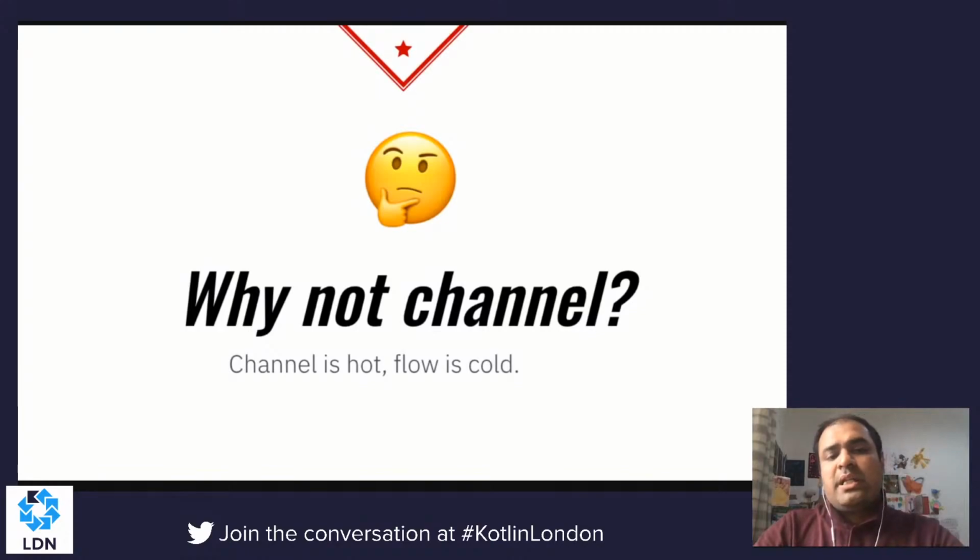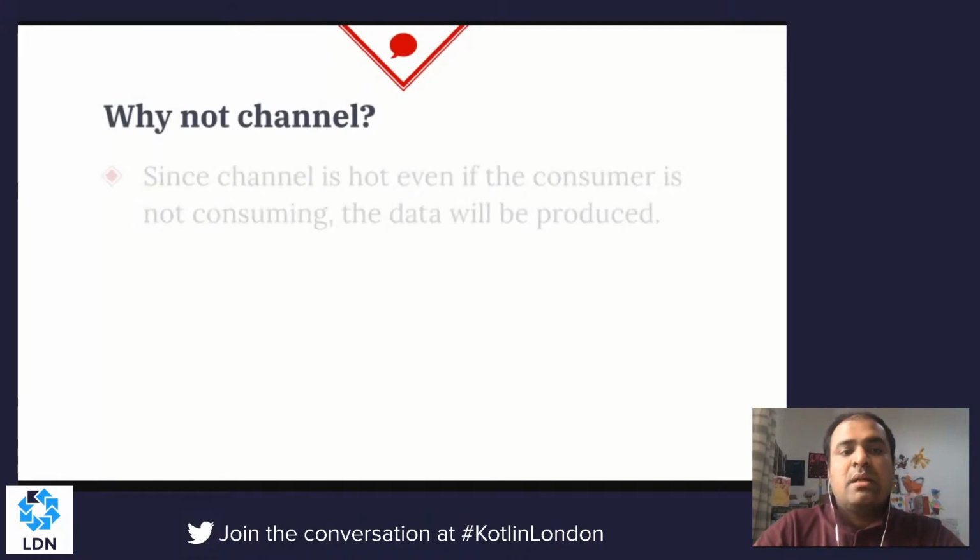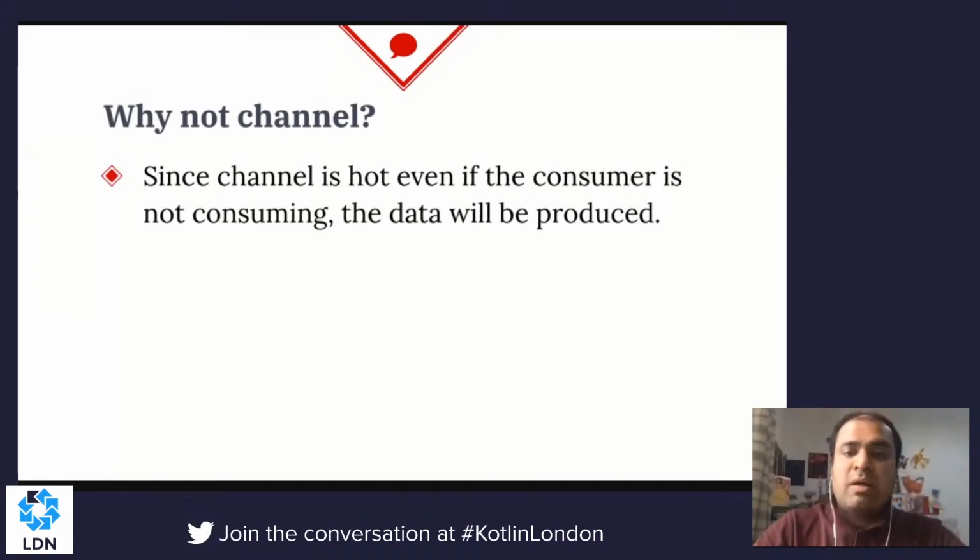I was initially saying that Flow is cold. So here is more about what cold and hot streams are. There is channel, and channel is hot. When I say hot stream, that means even if you are not consuming, the data would be continuously produced. So I feel there is a bit of overutilization of the resources. And then